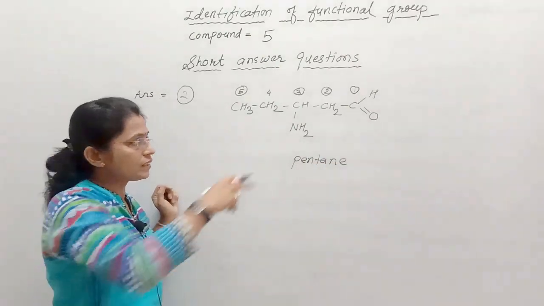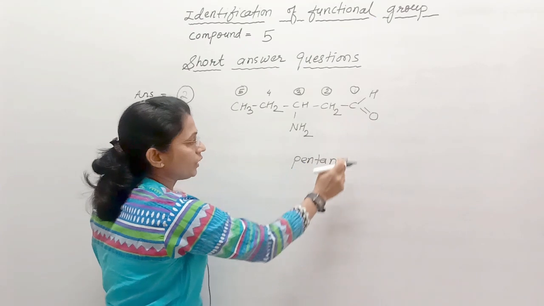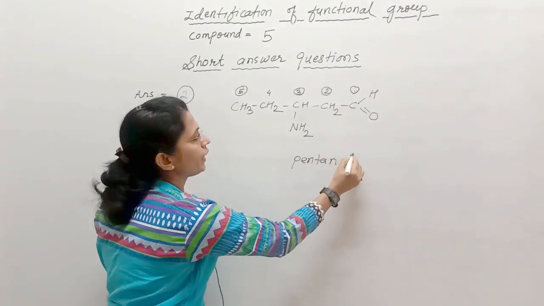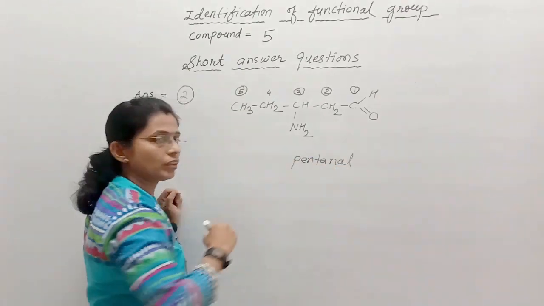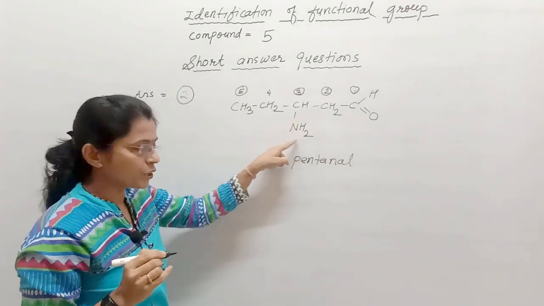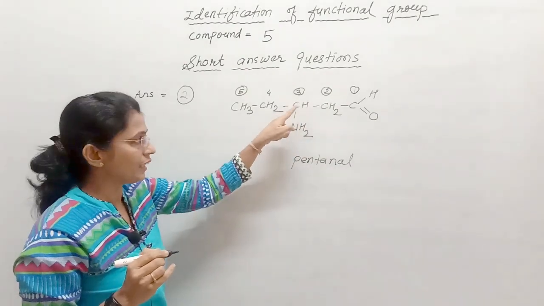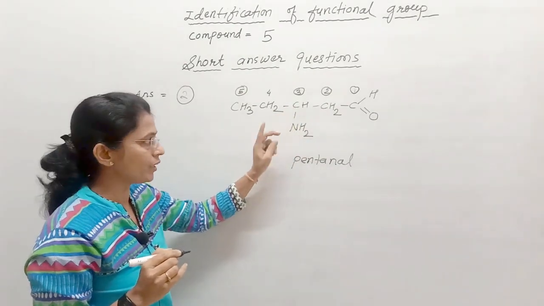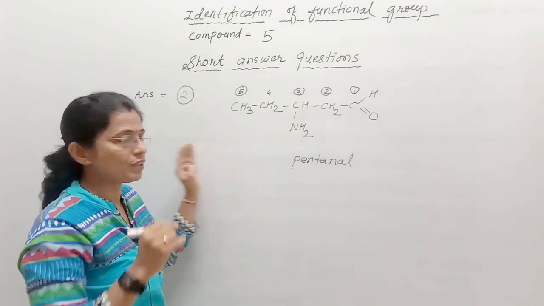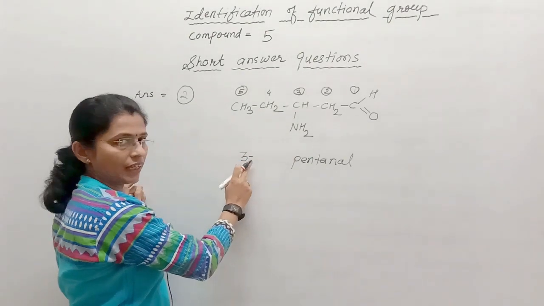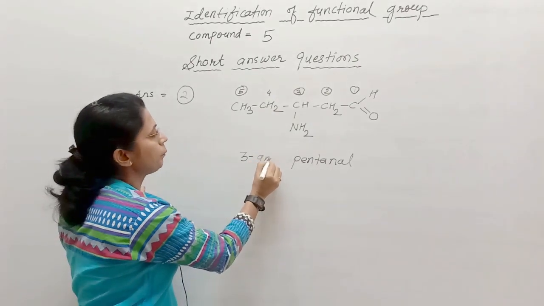But as there is aldehyde group, E of pentane is replaced by Al. While NH2, means amino group, is at third position, that's why this is the substituent, hence I will write it as prefix, and hence the name of your compound is 3-amino